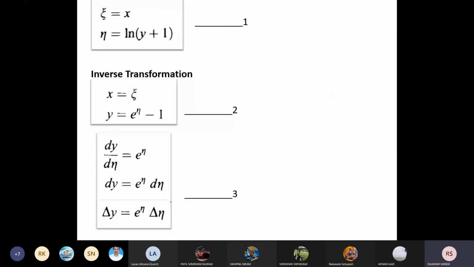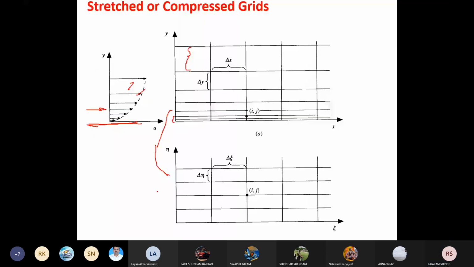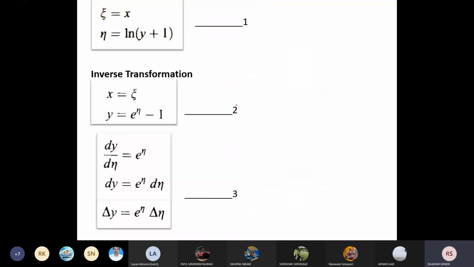You see here, we have these equations. One is xi is equal to x. Why I have used xi is equal to x? Because again you go back to this one. Now see here, in case of horizontal direction, in x direction, spacing between the grids is constant. That means if we consider this, spacing is constant, that is delta x is constant. It is not changing, and that is acceptable for finite difference approximation. But in vertical direction, it is not acceptable. So your horizontal coordinate or x coordinate we can keep as it is. That is xi is equal to x.